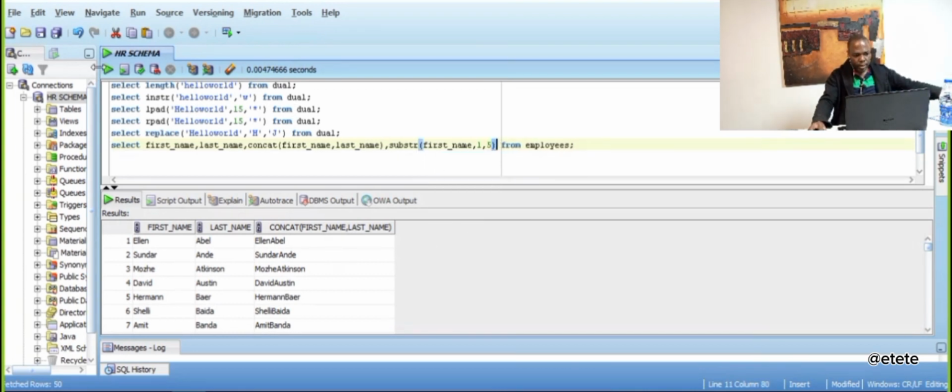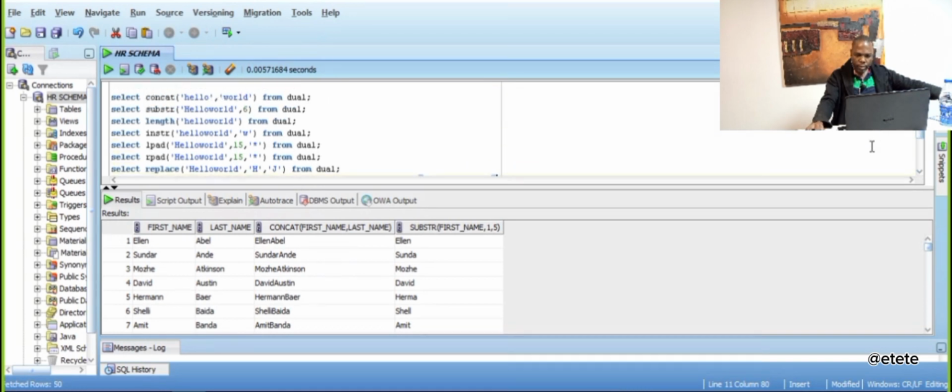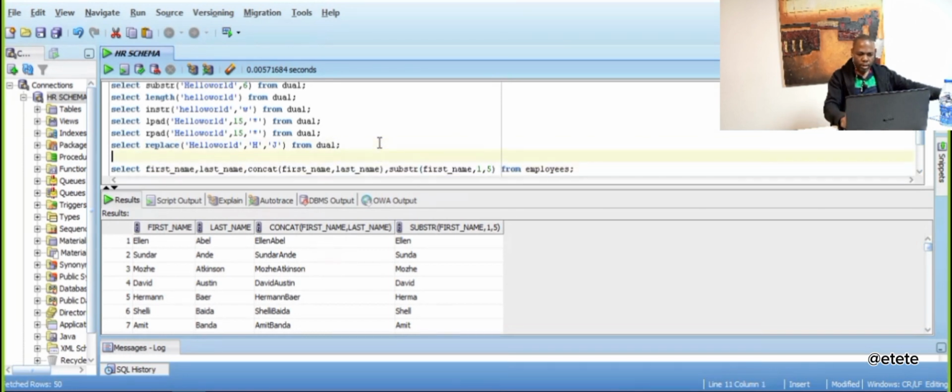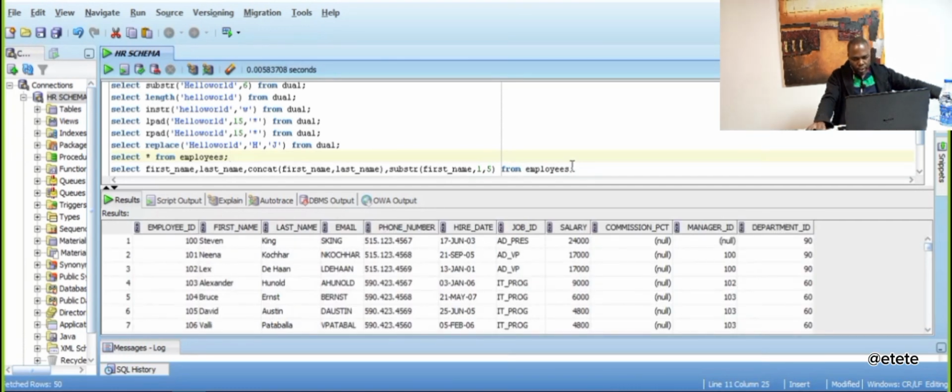When I run this, can you see that? So the substring will take it will come to select star from employees. So what this script will do,